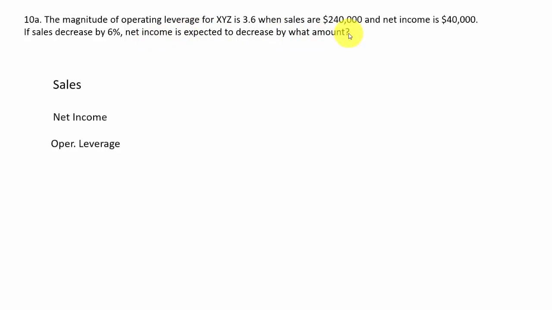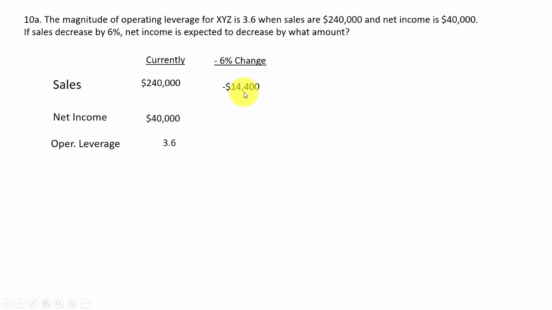Sales, net income, operating leverage. Currently, our sales are $240,000, our net income is $40,000, and our operating leverage is 3.6. If we decrease our sales by 6%, what's that going to do to sales and income and so forth? So if we take 6% of $240,000, that looks like 6% of 240 would be a decrease of